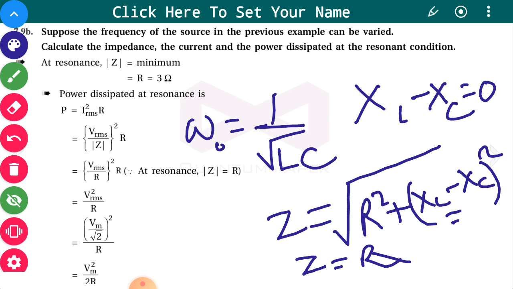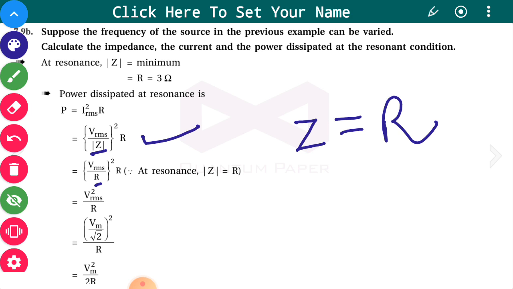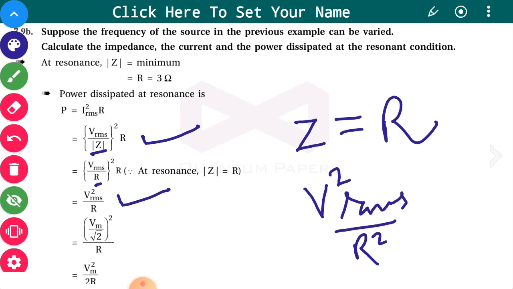will become resistance R. Okay, so at that time power is I square RMS into R only, and we just have to write V RMS upon modulus of Z as IRMS. Instead of Z, as we understood, Z is equal to R. So we place the value of Z as R here and simplify, then we will get V square RMS upon R square into R. One R will be cancelled out, so we will have